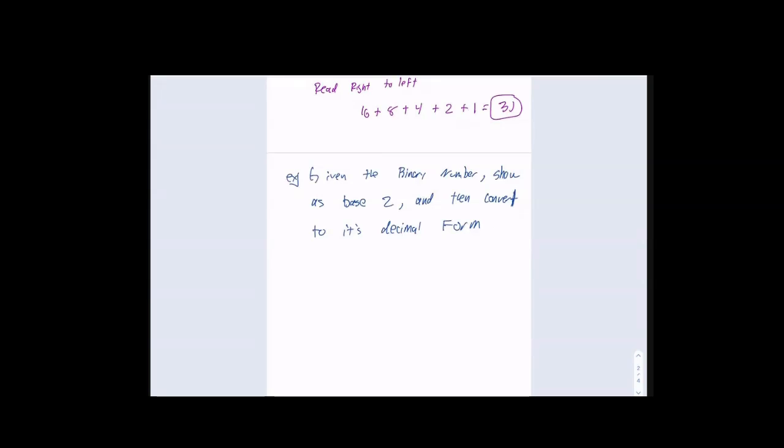All right, as you will see in your homework,